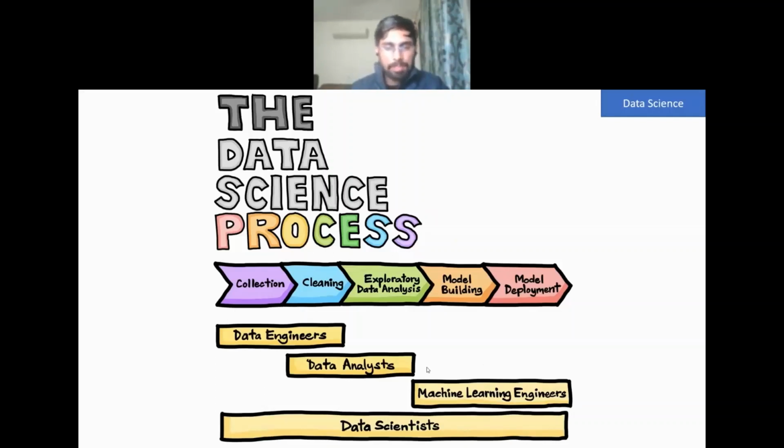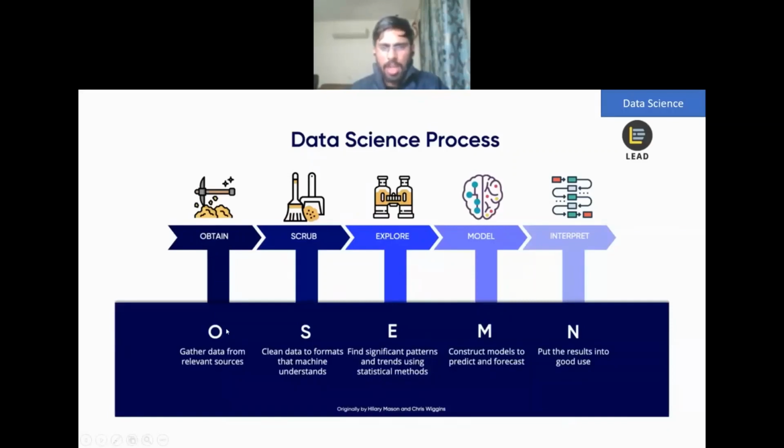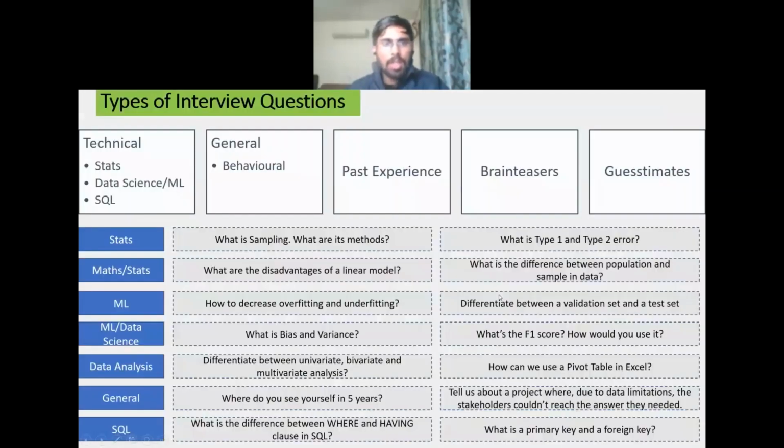So that is there. And then data scientist is a broad field. Again, it is a superset of some of these fields. And this is a repetition of the same thing. We obtain the data, scrub the data, which means we are cleaning the data to just get a very precise amount of data. And then we are exploring it, modeling it, and interpreting the data. That is the data science process.